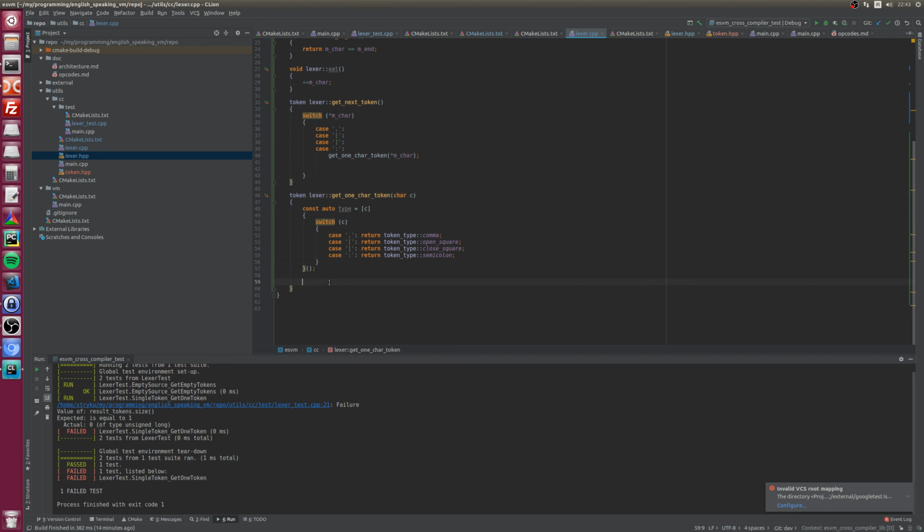Cool. So now let's create a string view of string view and from char to std next char. Oh, and now let's go to it.